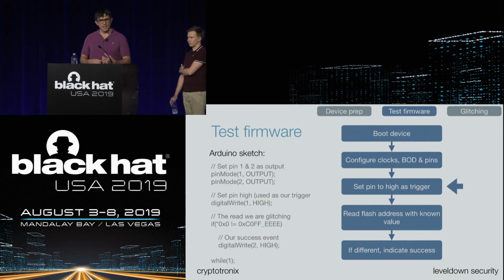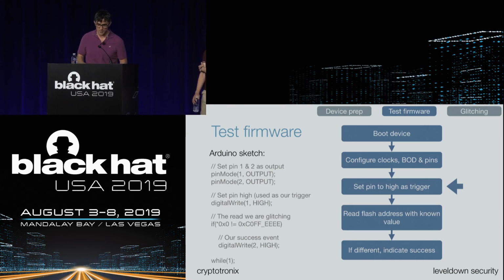Where we're at is we're talking about a generic approach to glitching a chip. And in this stage, we're talking about making just the generic firmware. To make it easy on ourselves, we just toggle a GPIO high, and that's a nice clean trigger for any system, and that's exactly what we do.